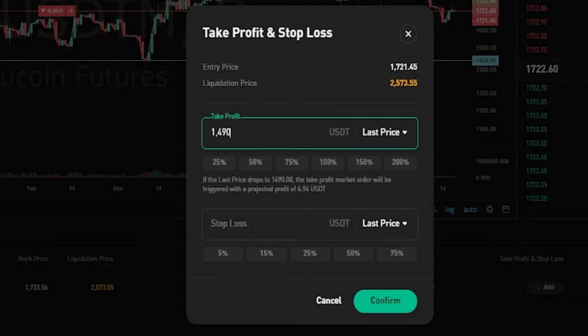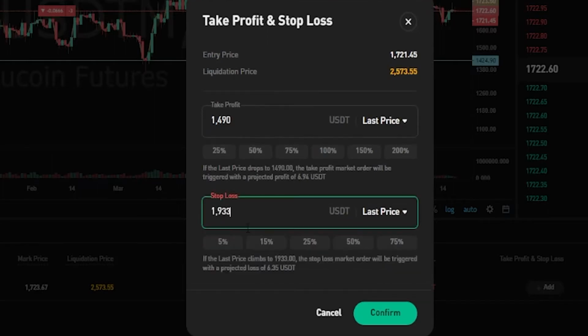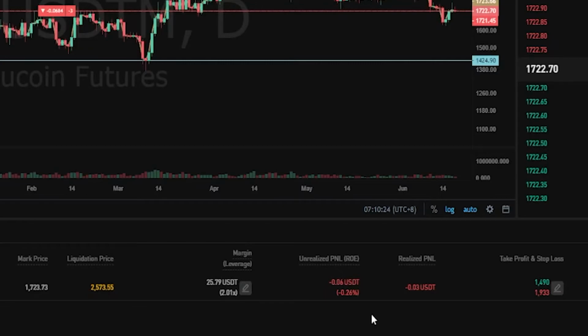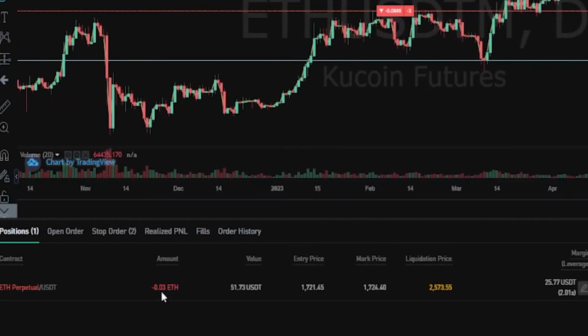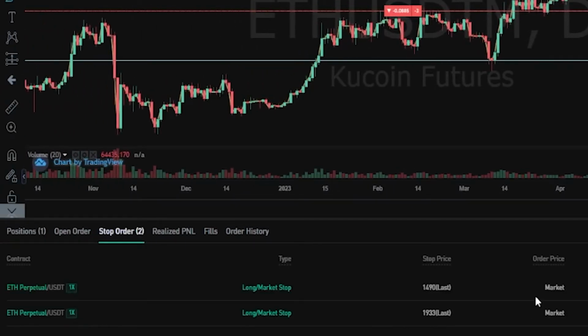And then let's just imagine I want to set my stop loss a little bit higher, so 1,933. Then you come down here, click on confirm. And now we've set our stop loss as well as our take profit for this position that's already open. And now you can see that right underneath take profit and stop loss. And you'll see if we come back over here to stop order, we can find the details underneath this tab